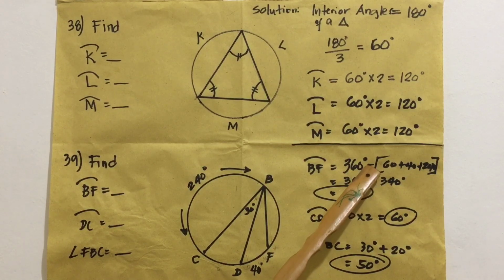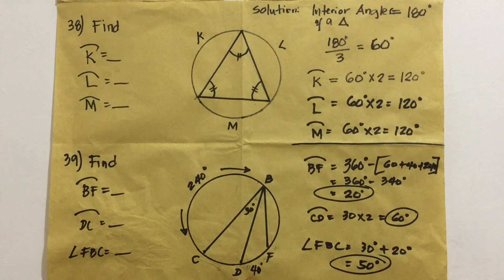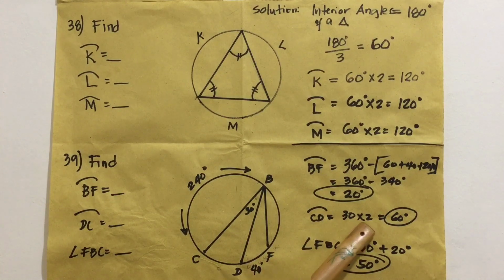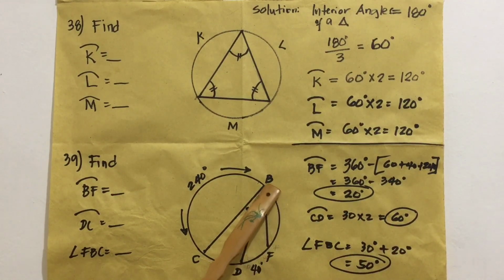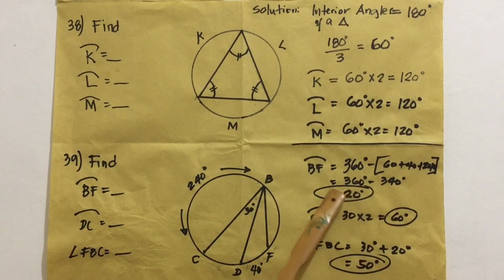360 minus the sum of the 240 arc, the 40 here, and also the arc CD. We have to find first the arc CD: 30 times 2, because this is inscribed, the intercepted arc is times 2, so that's why here is 60. To get the arc BF, we're going to add 240 plus 60 plus 40, we have 340, and 360